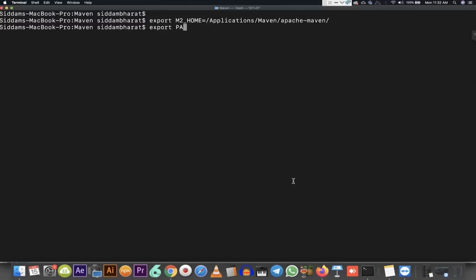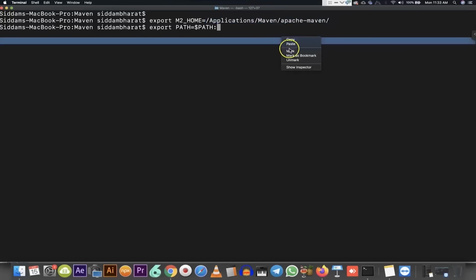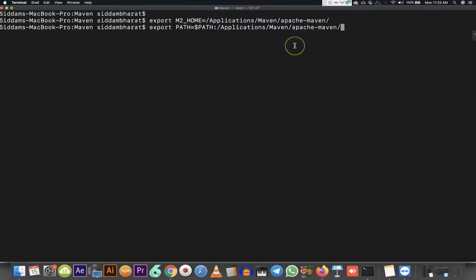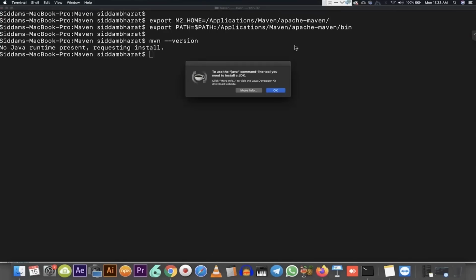And then the next thing is the path variable. We are going to coordinate the path variable with the folder structure here. The bin directory we have to provide. So I'm going to copy here and paste, and then concatenate it with the bin here. So now my environment variables are established. So my mvn hyphen version command, as you can see here, is being picked up over here, but